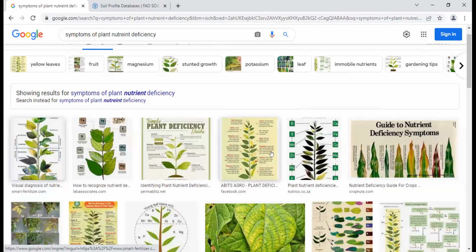And you don't need to memorize it by heart. Normally, you can take this color chart with you and compare it with the plant. So if you find similar symptoms in the orchard, you can go directly to provide